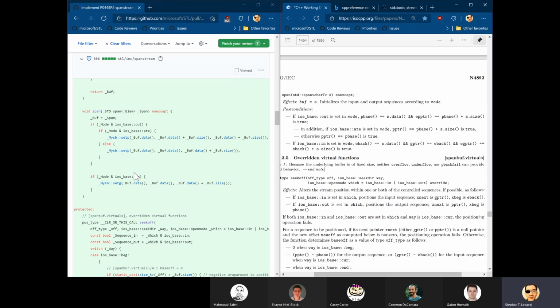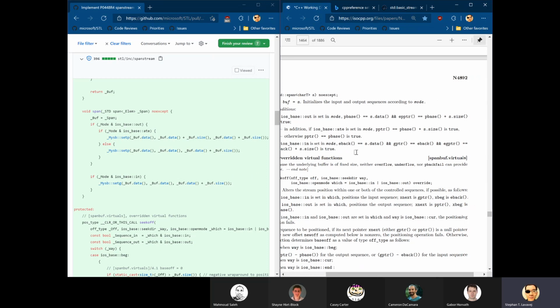And then if in is set in mode, and this is not an else, so it has to be a separate test. That's why we've got a new line between these if statements. They're not chained, which makes it very clear that it's independent. If IO space in is set in mode, this is in the G, the get area. eBack is this data. gputter is also eBack, so S data again, and then egputter is eBack plus S size. Okay,